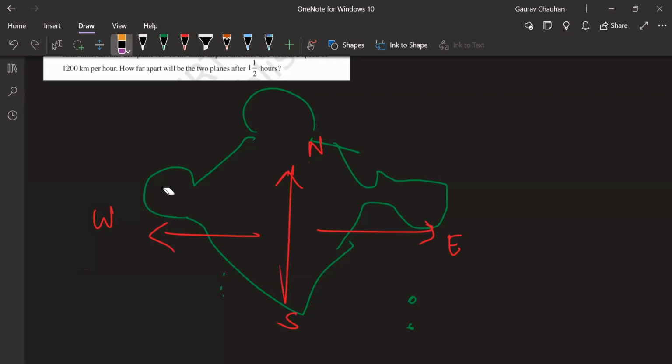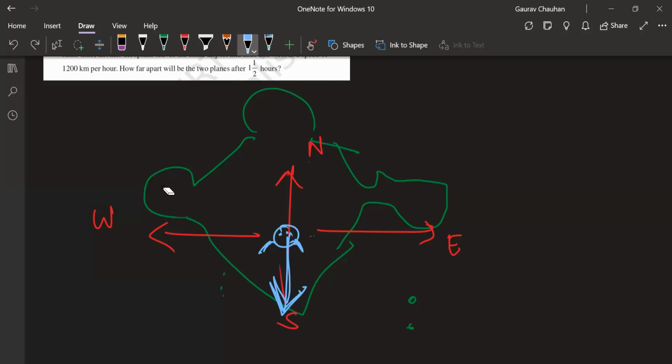Now my question to you was, you are facing south. I told you to assume that you are facing south. Which direction you should turn? So my body is here, my eyes are looking this direction. I asked you which direction I should turn so that I face east. This was my question. So if I'm facing south, East is where? East is this side. Can anyone answer right now which direction you will turn?